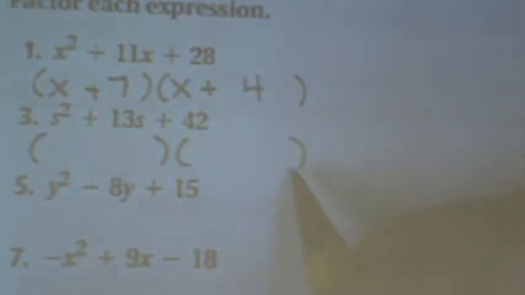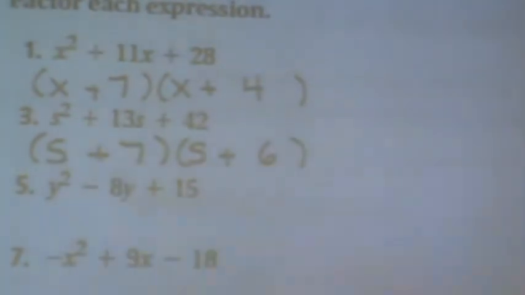Again, this is the same type of factoring. This is the one where a is equal to 1. So s times s is s squared. And what times what is 42, but adds to be 13, and that would be 7 times 6. Next one, what times what is y squared, but adds in, what times what is 15, but adds to be negative 8, that would be y minus 3,